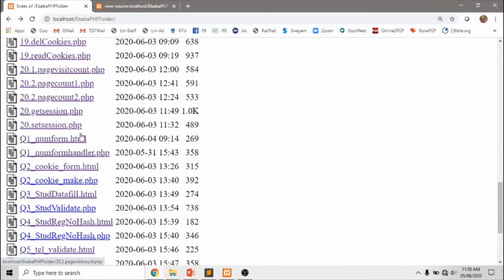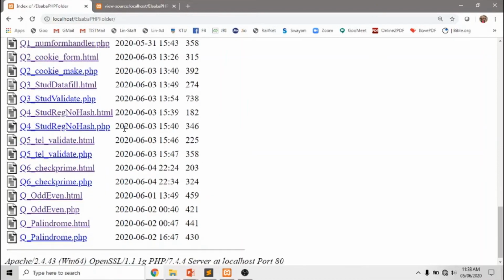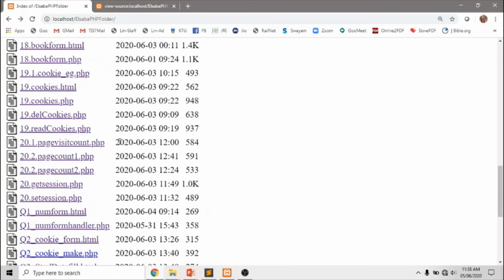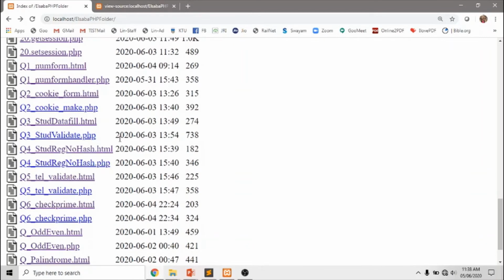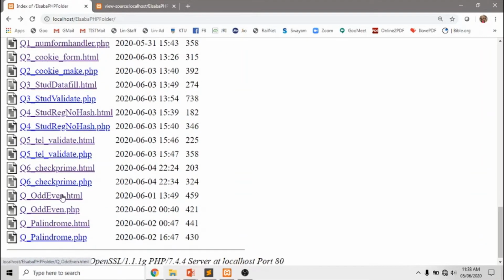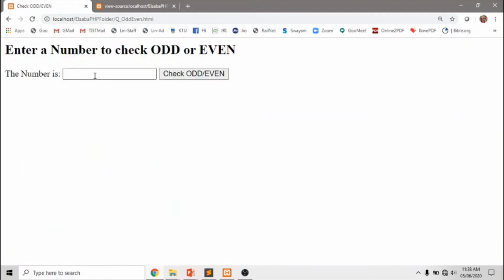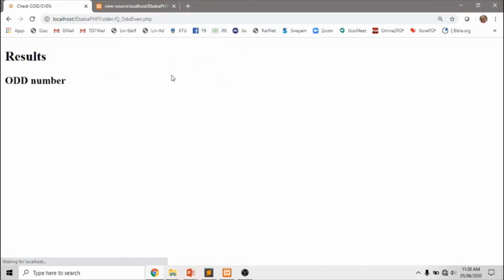So I have the odd even form. This is my form, so I can enter the number here. This text box is named NUM. So I am entering 57. Check odd or even.